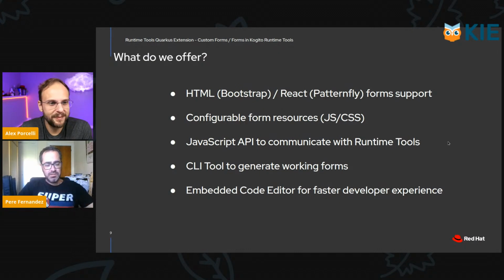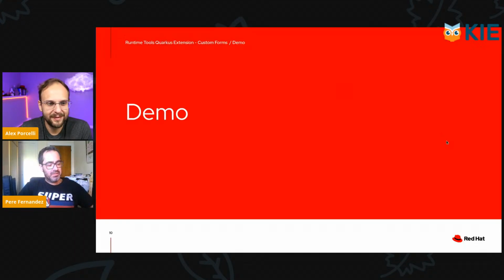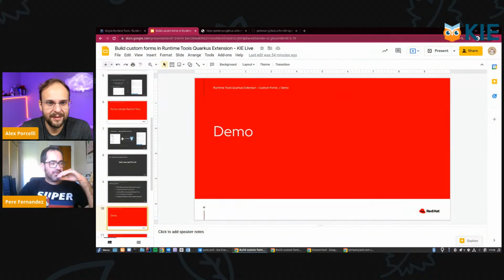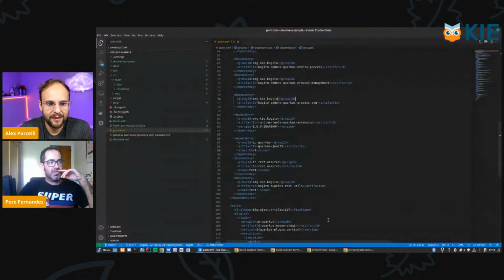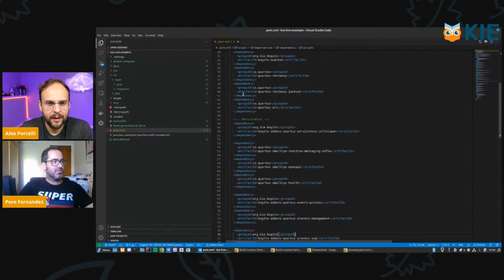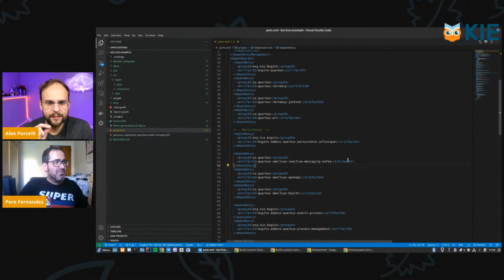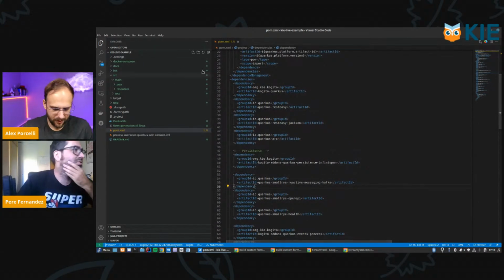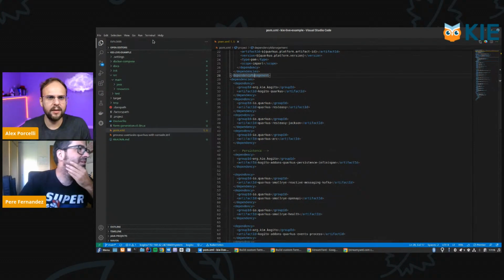Of course, sure. First, I'm going to show you the project that I'm working in. I built this project for this KIELive. Just one second, can you increase the font size a little bit? I don't know how to do it in VS Code. I tried it yesterday, but